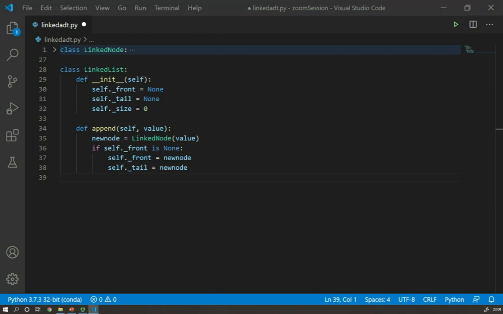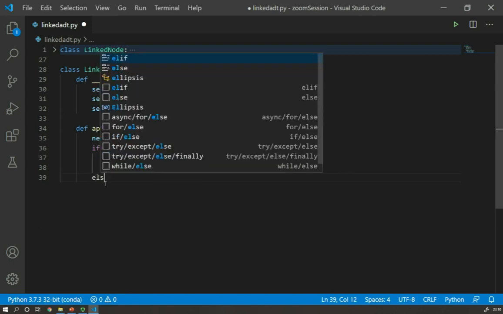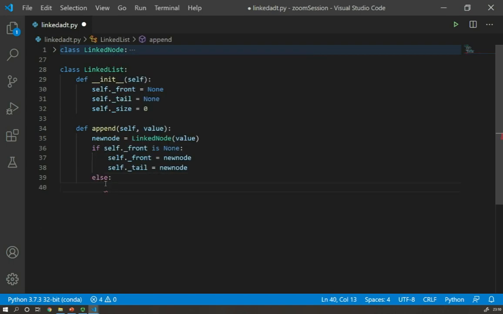Otherwise, if that's not the case, that means I've got at least one element. So in that case, I can modify that tail. When I want to append, the first thing I need to do is to modify the reference to the next object. So here, the tail's next should point towards the new node. Once I've done that, then I will be able to say that the tail is equal to the new node.